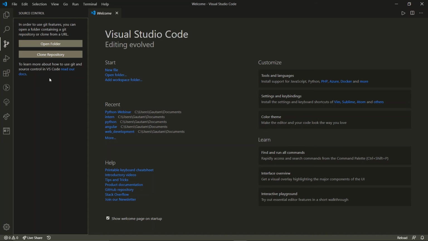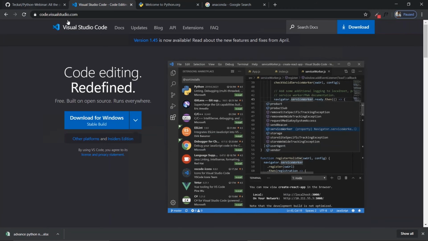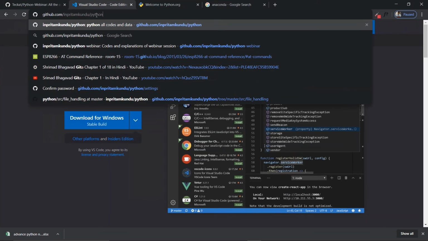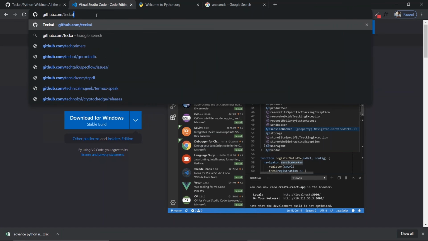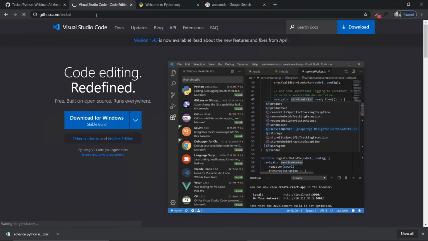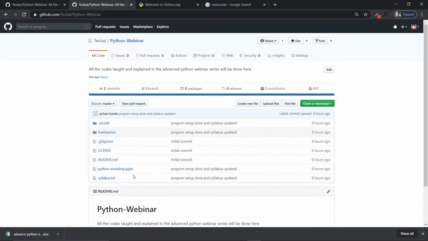So we are also having the Git platform over here, and I will be sharing you the link. If you don't know Git briefly, I will just let you know where to find it. You will have to write over here github.com/techcat, and when you enter, you will find Python webinar, and you will find the entire codes over here.